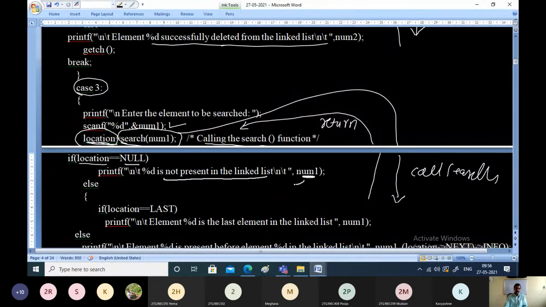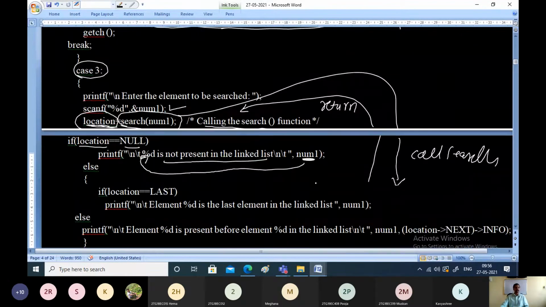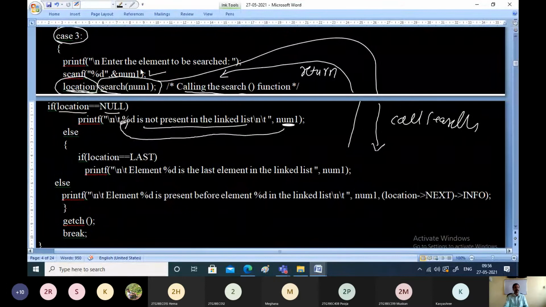So this is the format specifier and its argument. If you gave 10, it will display that 10 is not present in the linked list. Now, another possibility is, because we are displaying exactly where the element is present, it is possible that whatever you are searching for can be the last element in the linked list.